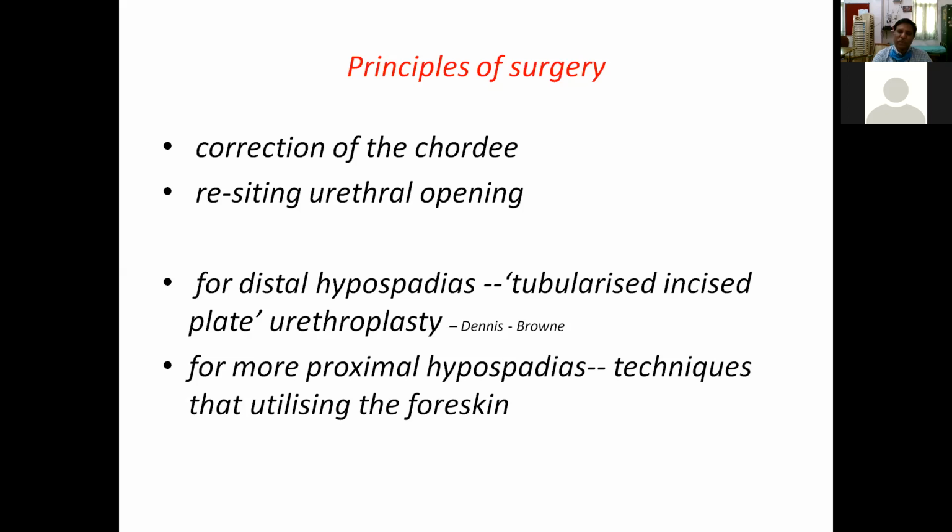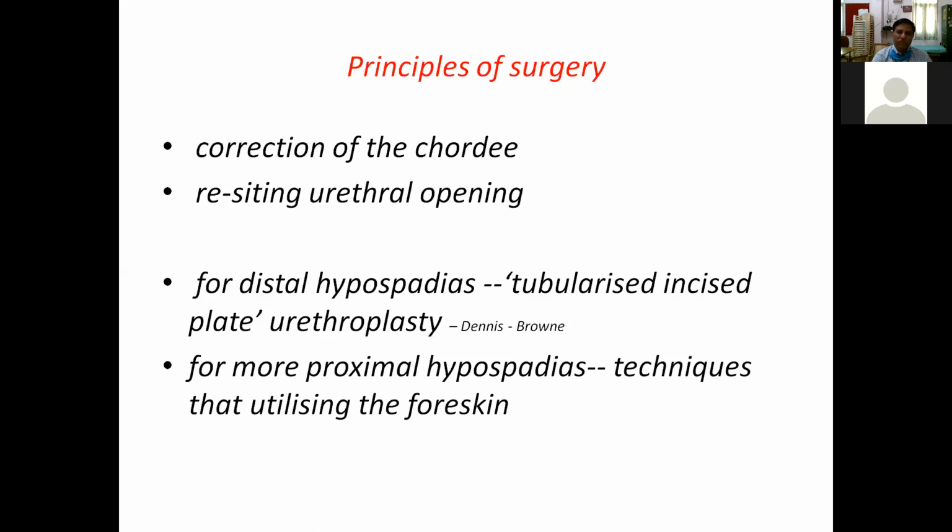So resiting of the urethral opening is a second stage procedure. First stage, you correct the chordee, make the shaft straight. Then you reconstruct the urethra and site the urethral opening at the tip of the penis. For these things,